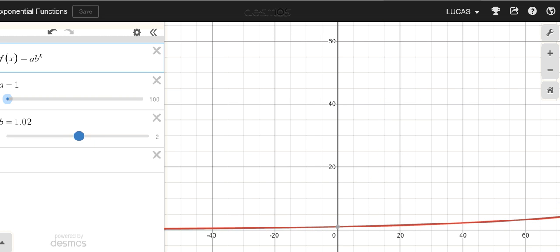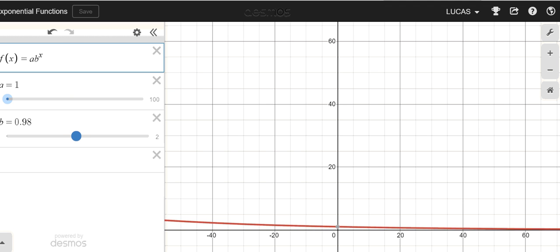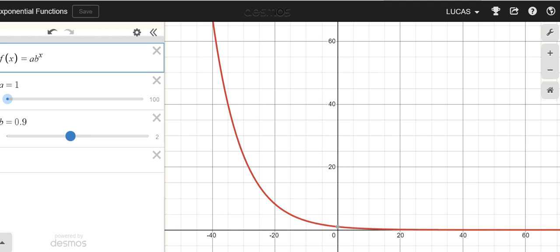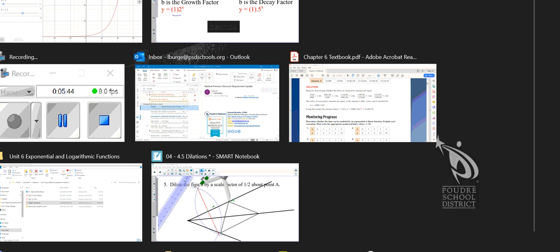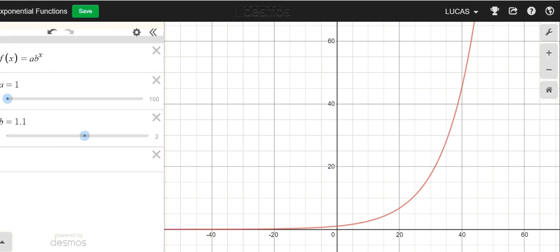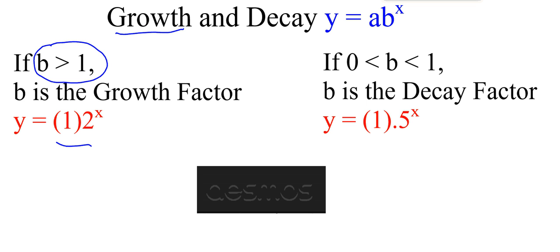But once that growth rate becomes less than 1, notice how the graph changes. We end up getting a graph that represents decay, and things are getting smaller. It's a decreasing graph. But when that b value is larger than 1, we have things that are growing. Okay? So as we go back to our slides, we can see when that b value is greater than 1,